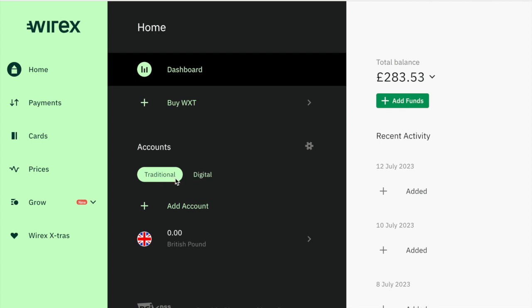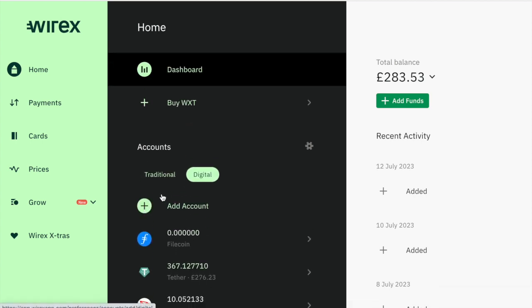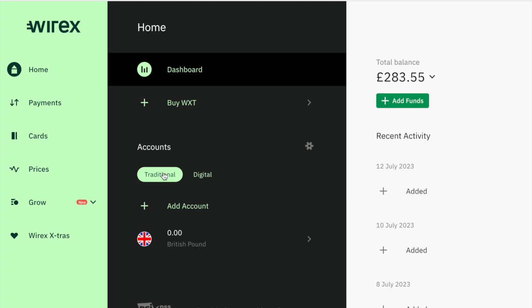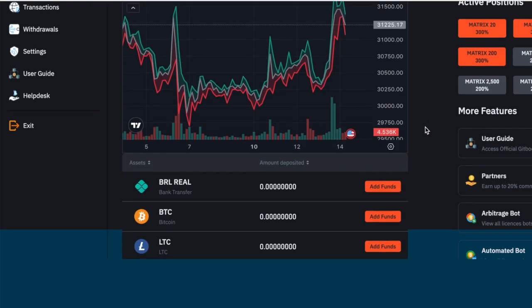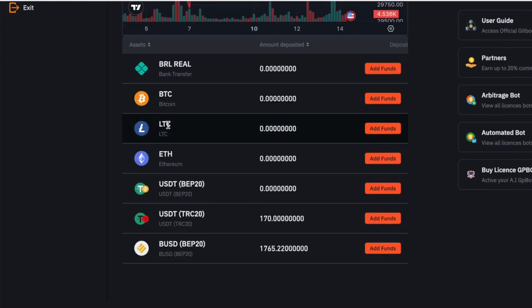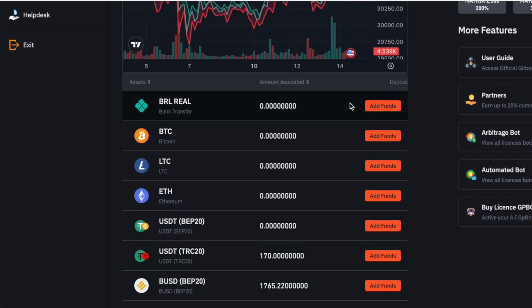Now I can either add traditional currencies like Great British Pounds in my case, but obviously you could add dollars or euros depending on where you are in the world, or you can add digital currencies, which is your cryptocurrencies. Well, I'm going to assume that you haven't got any crypto and you want to get into GPBots, because you need to deposit crypto in here, and you can deposit either Bitcoin, Litecoin, Ethereum, USDT on the Binance Smart Chain, USDT on the Tron blockchain, or you can deposit BUSD. You've got this company up here, I've never used it, which says a bank transfer, but I think that's going to take 2 to 3 days for that to get in,